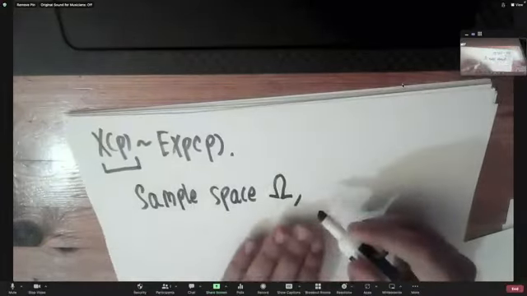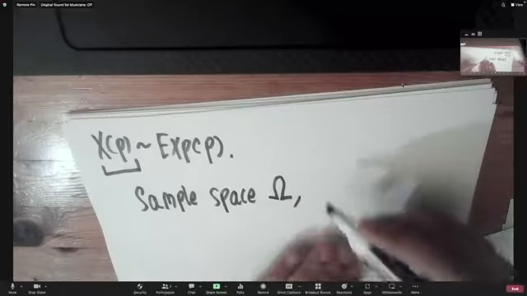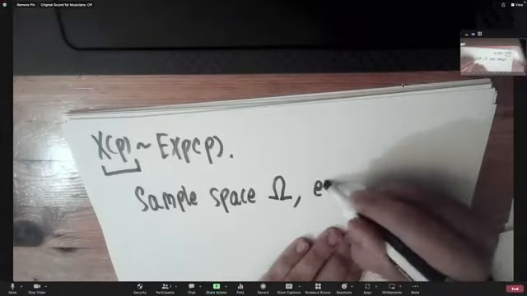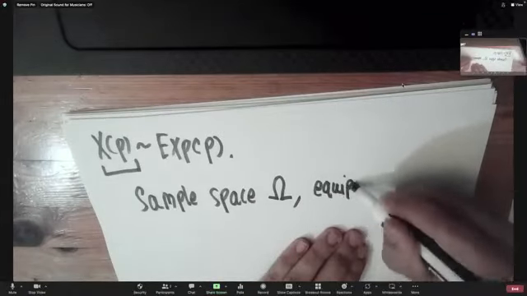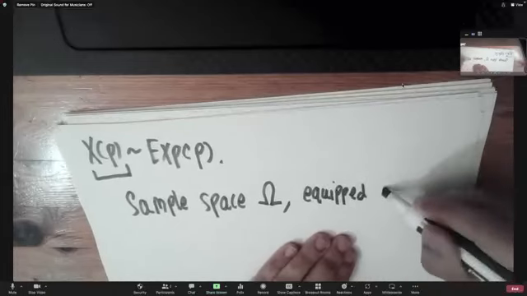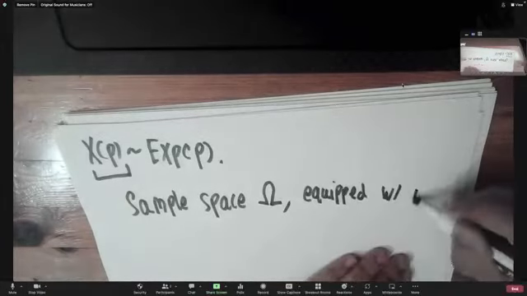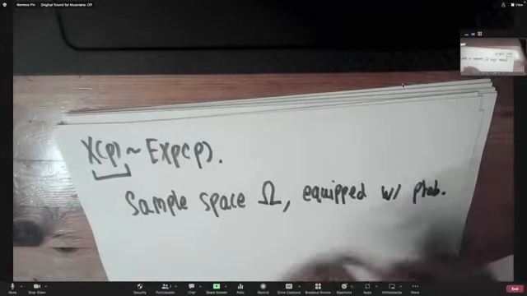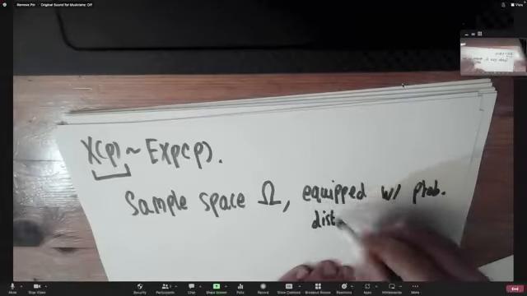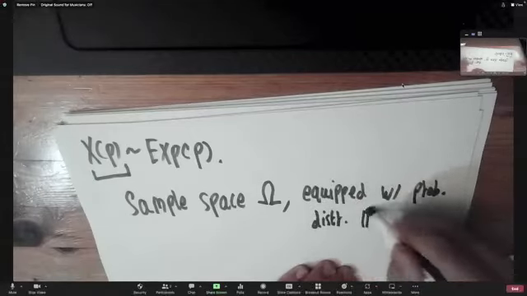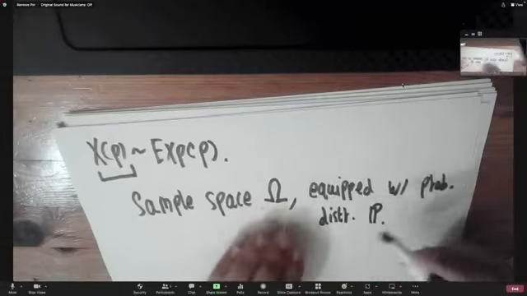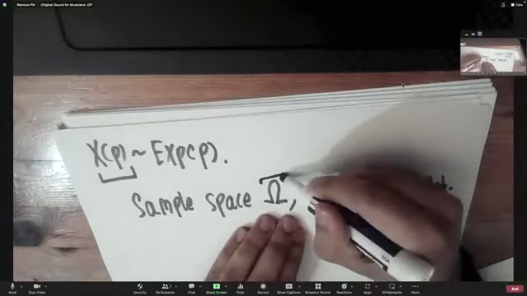This is a space of things, and it's equipped with a probability distribution P. So another way you can think about this is there's some random variable with output space omega, but